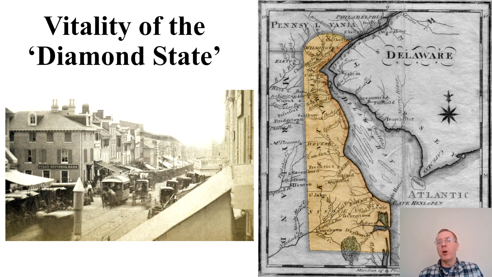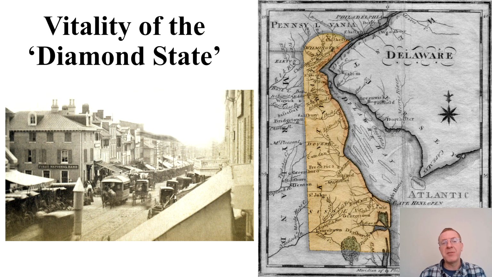But we cannot overlook Delaware's importance in the Secession crisis or the war. And there's a reason that Delaware's nickname is the Diamond State. If you're the Diamond State, you must be worth something. And actually, it was Thomas Jefferson who coined the phrase of Delaware being the Diamond State. And he did that when he visited the state and he saw its location on the Atlantic Ocean right where the Delaware River came into Delaware Bay and the bay dumped into the ocean, realizing it was so crucial as a waterway and also potentially for defense of the very crucial revolutionary city of Philadelphia.